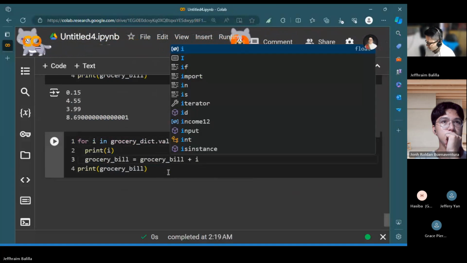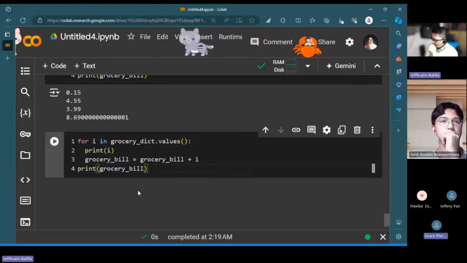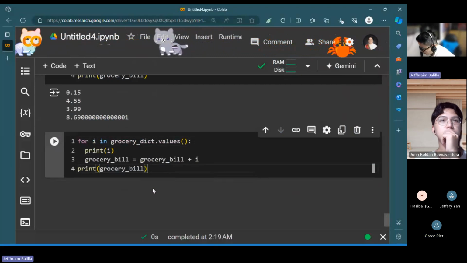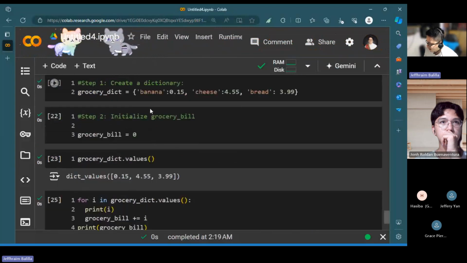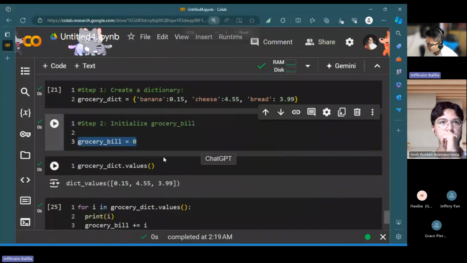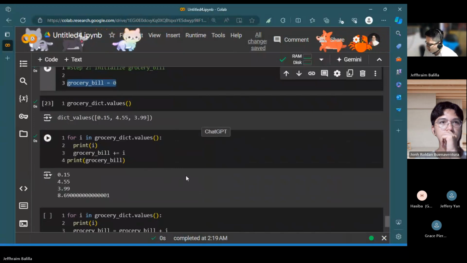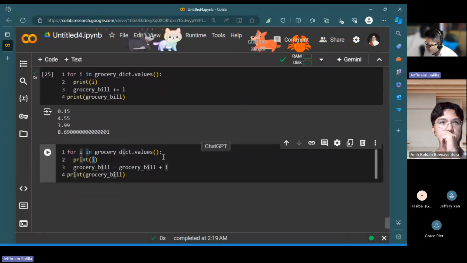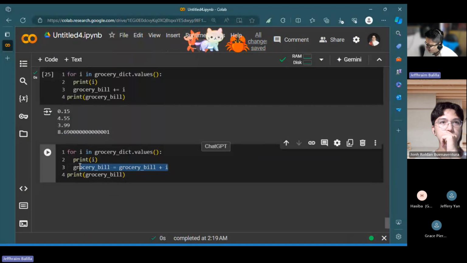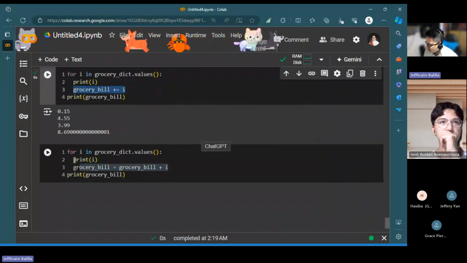Is this grocery dict plus i? Or no? This grocery bill is the one that we initialized earlier. So we started with it with 0. But it runs through each of the i's, which refers to the prices of the products. So this is just similar to this. This is just a shorthand notation.